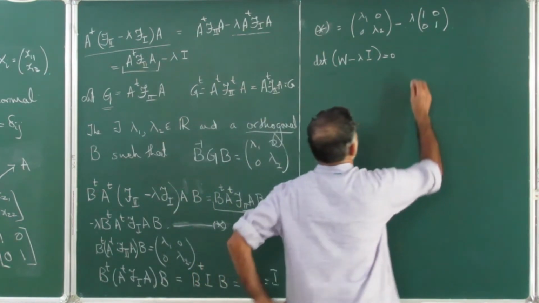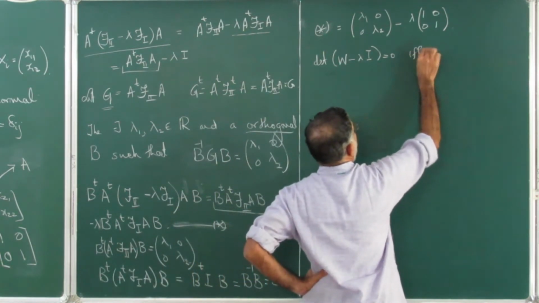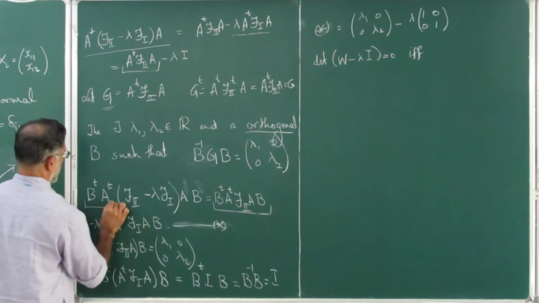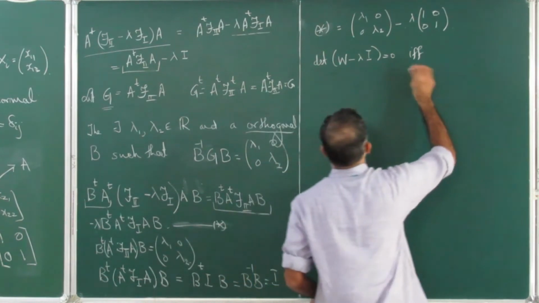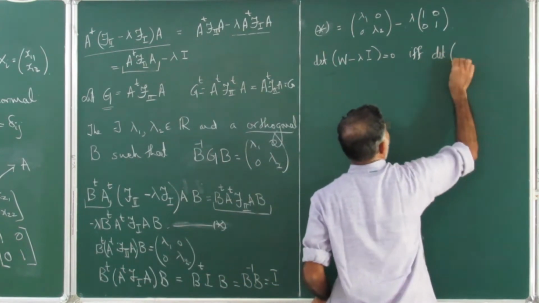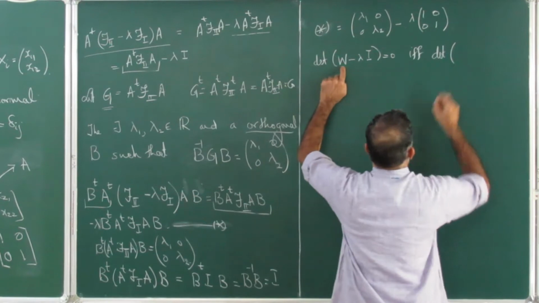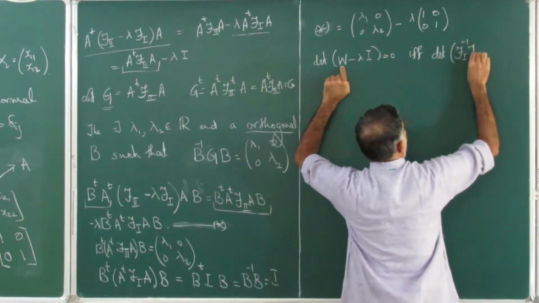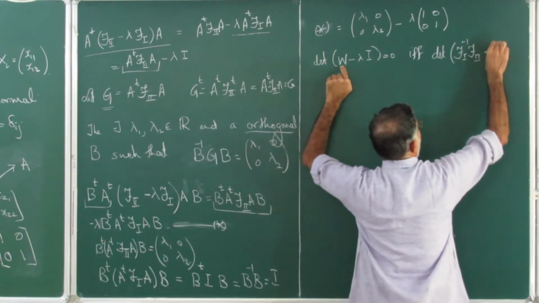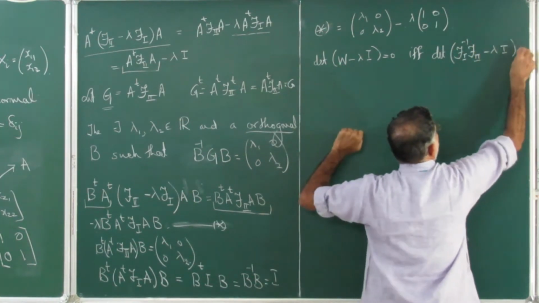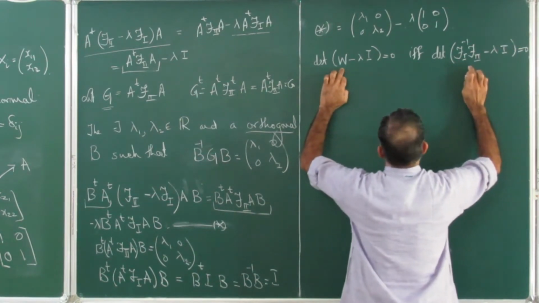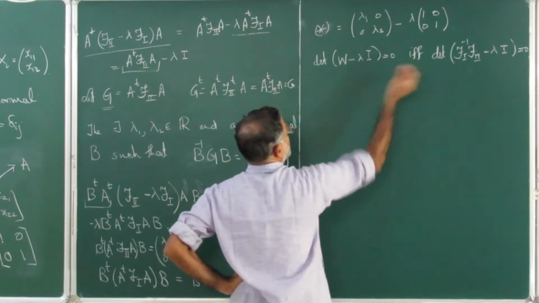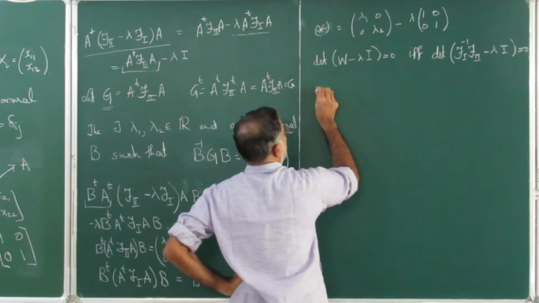Just push this guy inside. Even before that, this is just writing, nothing very important here. This is F1 inverse F2. This we have already done, but I'm just writing again. This is equal to 0. I've just replaced it by the definition of W, or we have seen that W is equal to that. This is equal to this.